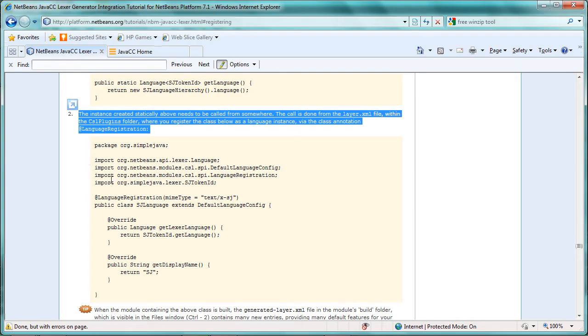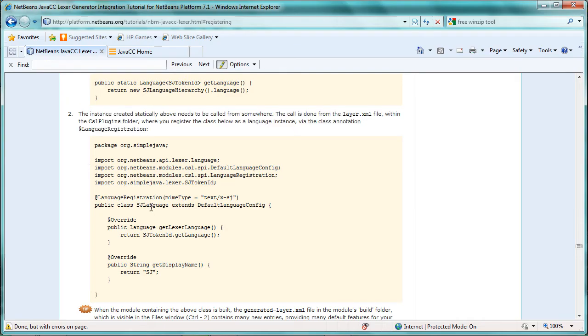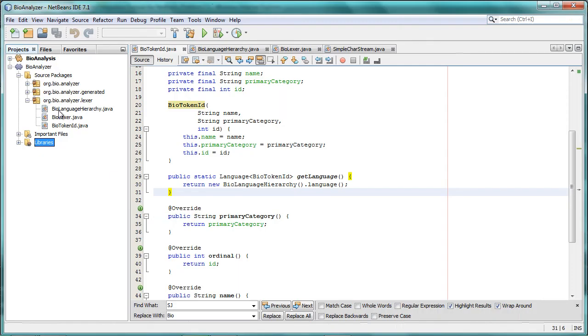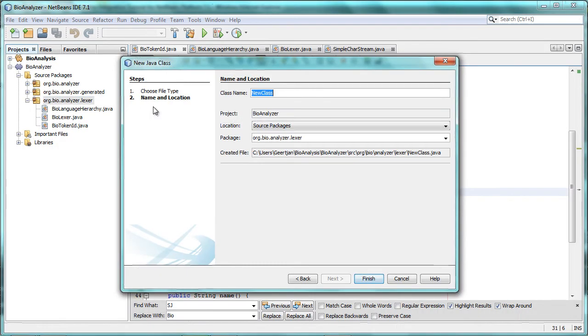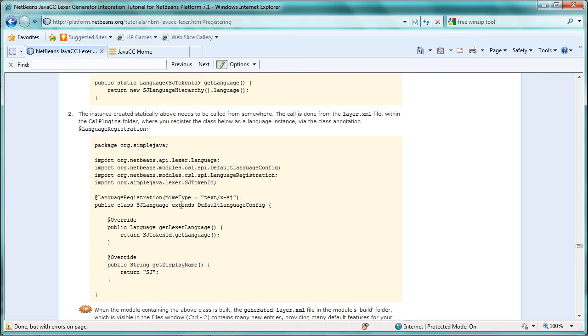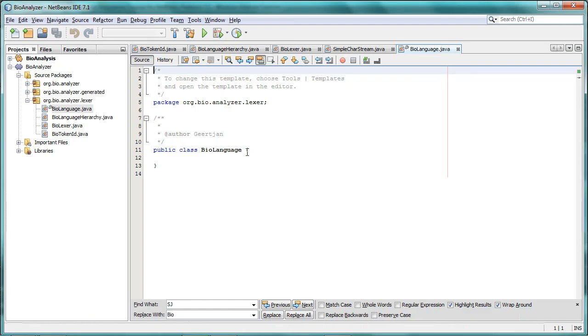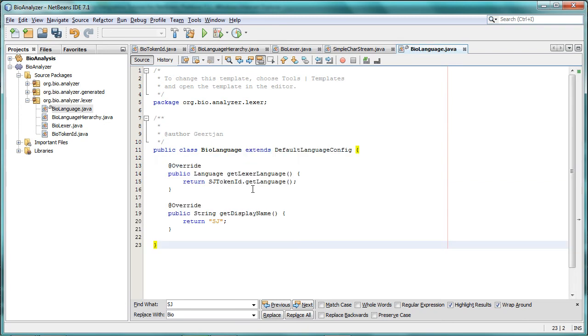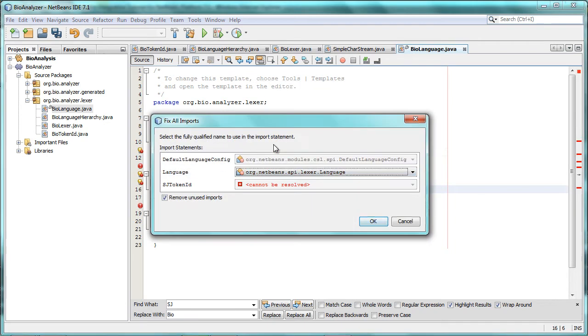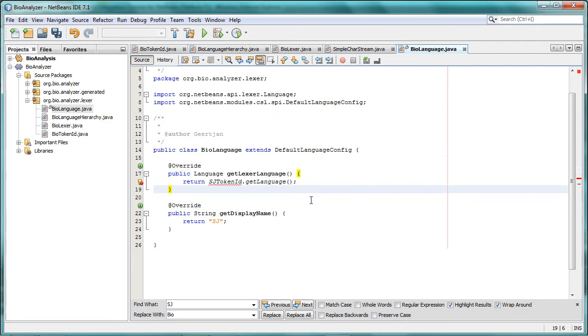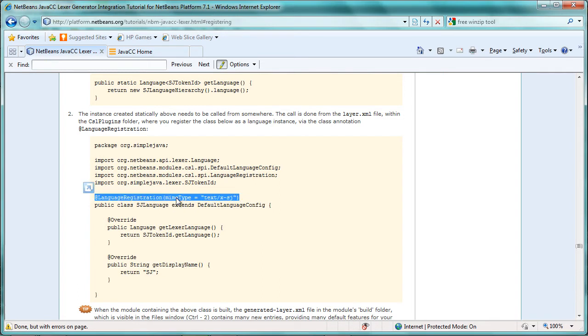Here we see the SJ language class from the tutorial, so we're going to call this bio language instead. So here it is. We're going to copy the code as we did before and paste it into this class. Again, fixing the import statements, changing the SJ token ID. Also, this is the text that will be displayed in the options window. You can see here SJ is going to be bio instead. Finally, we also need to